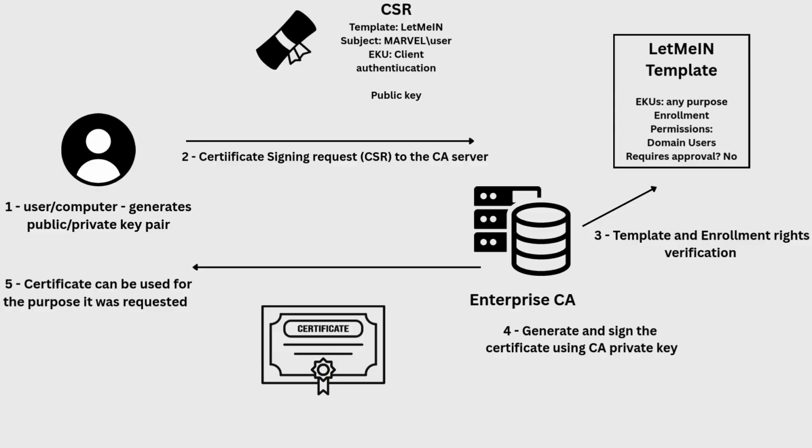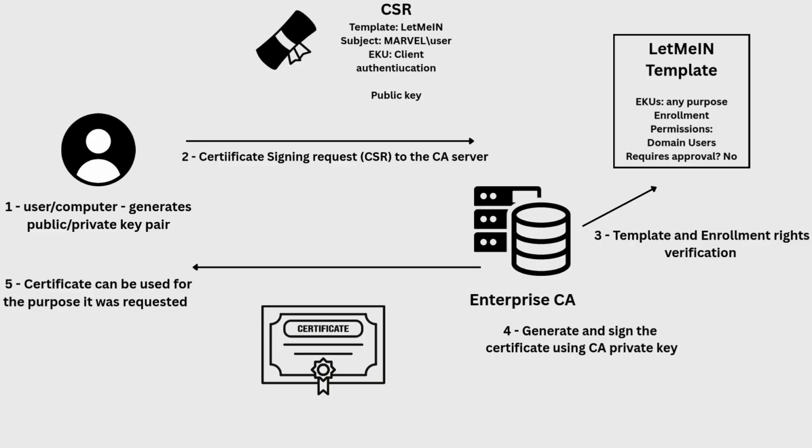Step number 3, the enterprise CA does template and enrollment rights verification. So basically it checks, hey, does this template that was requested, LetMeIn, exist? And can our user actually enroll in the template? So here I have our template LetMeIn, which has EKU any purpose, which means it can give certificates for anything. For enroll permissions, we have Domain Users, which means anyone can enroll for the certificate, which is very insecure,